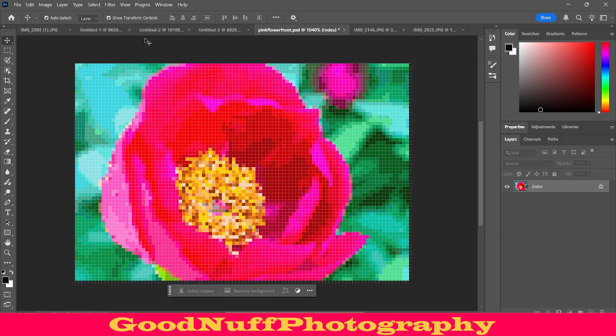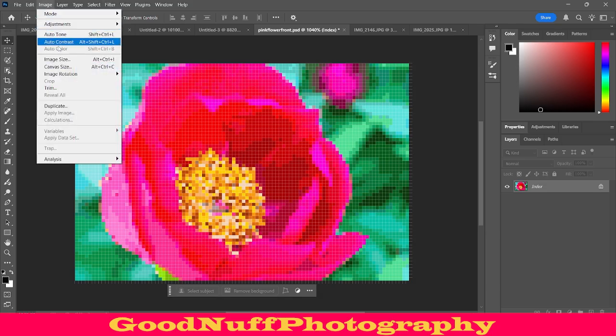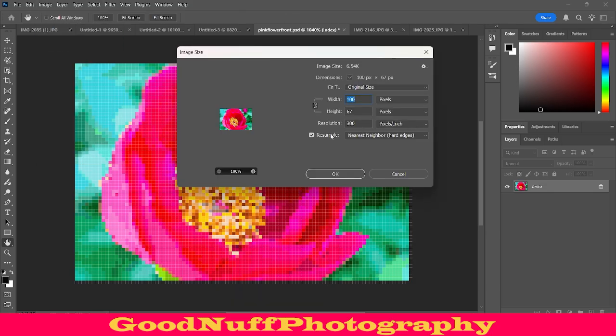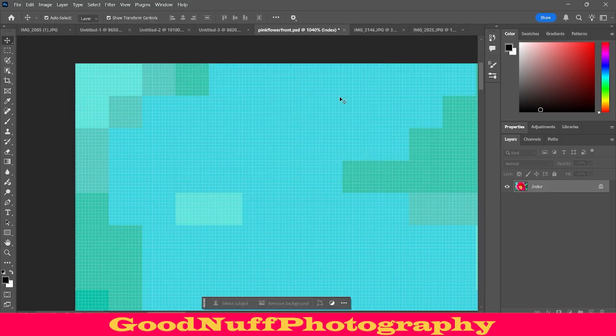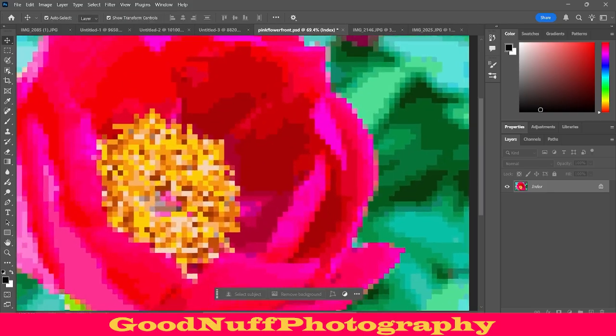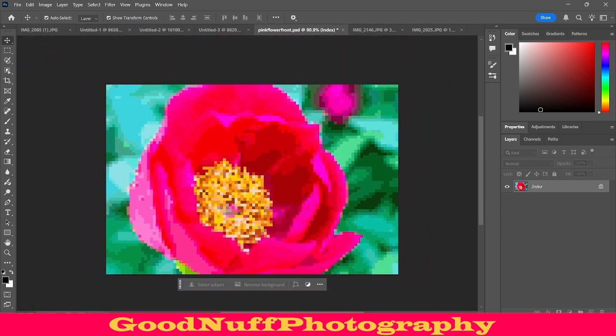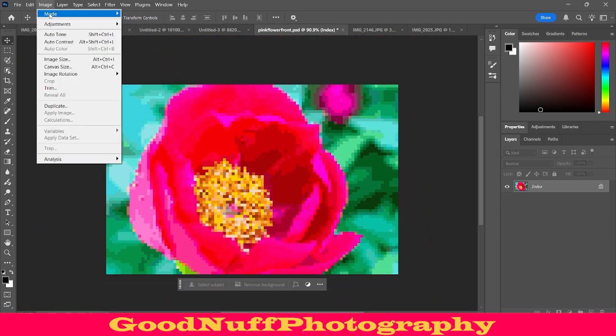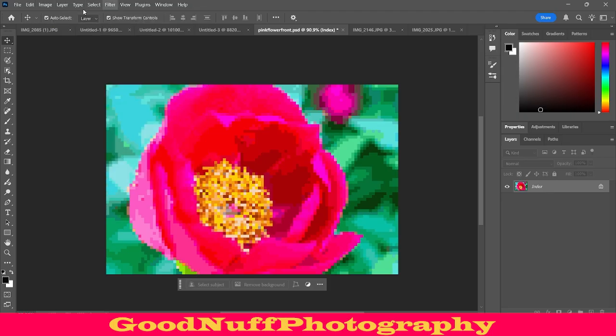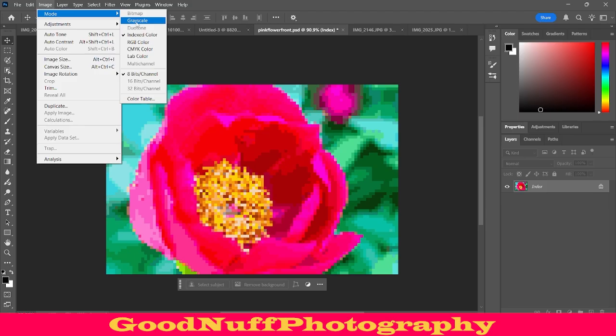Now we need to make it large again. So we go to image size. We want to make sure that resample is checked and nearest neighbor hard edges is enabled. Now we want to bring our image back up to 1000 or whatever size you would like. I choose 1000 though. See, we still have that pixelated effect. So now we want to change our color back to RGB after we change it to index. So we go back to image, go back to mode, then we go to